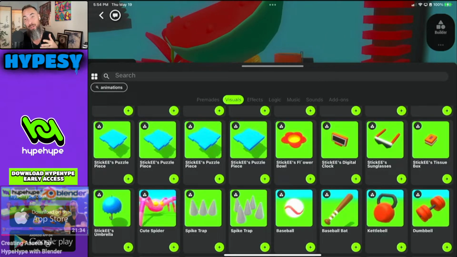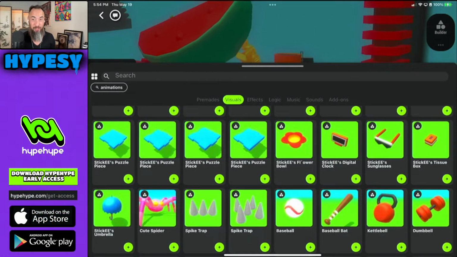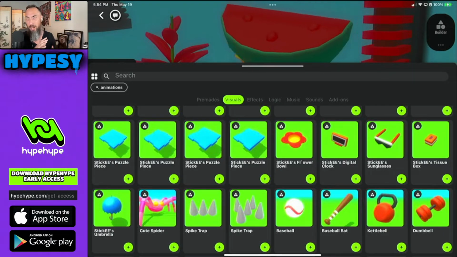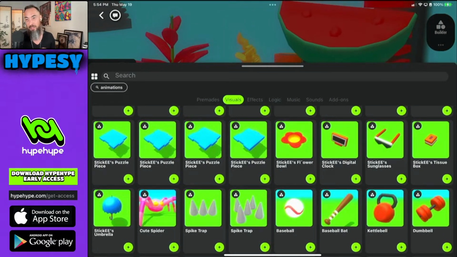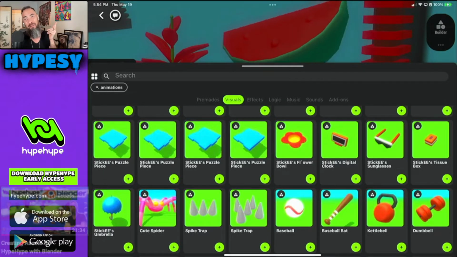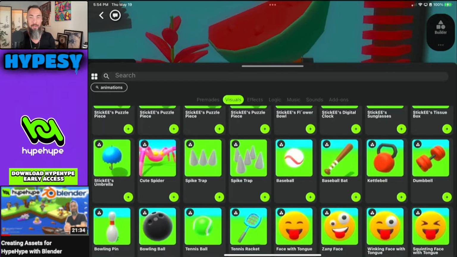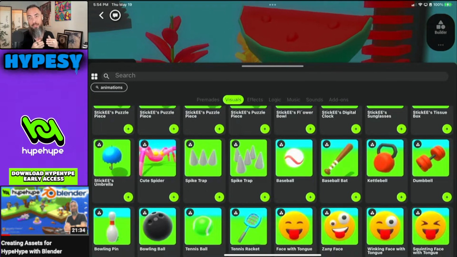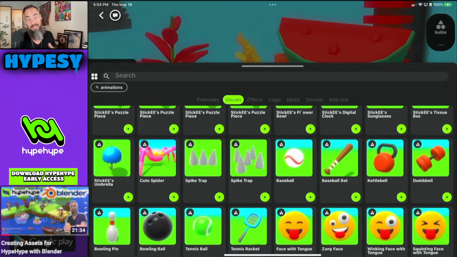If you would like to create your own assets using Blender, the free 3D modeling software, I've used it, but I used it more when I was making games for the App Store and Play Store just to create assets. And HypeHype has all the assets, but if you want to make your own assets, I have a video. You should check that out. There's steps and guides to how you could make your own assets and submit them to HypeHype. It's a lot of work, but it's also rewarding to see other people use your assets in their games.